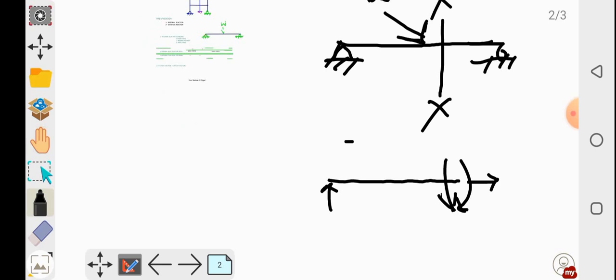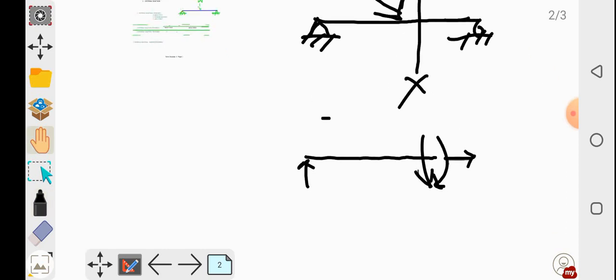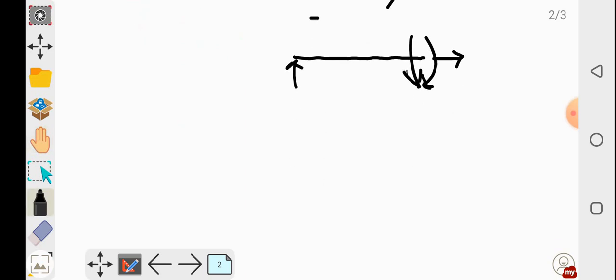So this section will resist all these: axial force, bending moment, and shear force. So this section XX will generate internal reaction in the form of axial force, shear force and bending moment. But if I place a hinge like this in this beam,